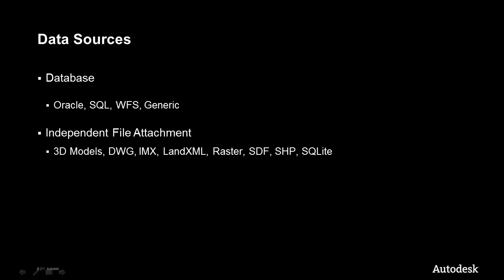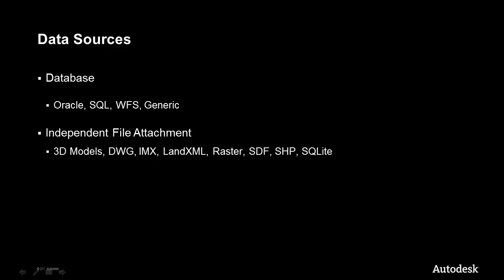Next we have our IMX file, and that's going to be exported from Civil 3D 2012. There's a plugin for Infrastructure Modeler, and what that'll do is allow us to export our corridors and our terrain models automatically. Next we have our LandXML file, and through the LandXML you can actually export terrain models as well